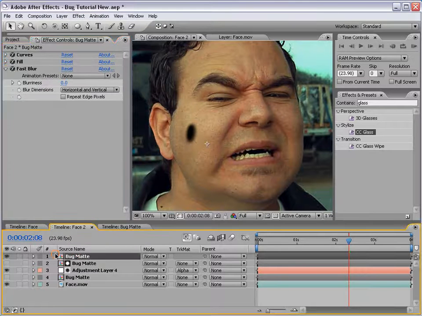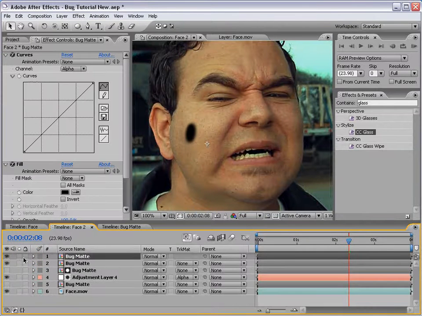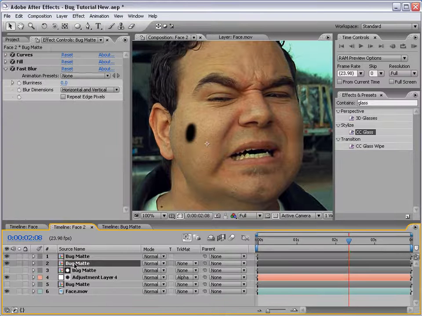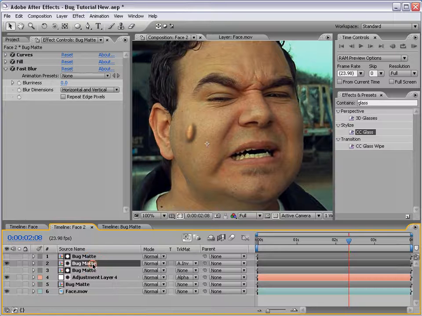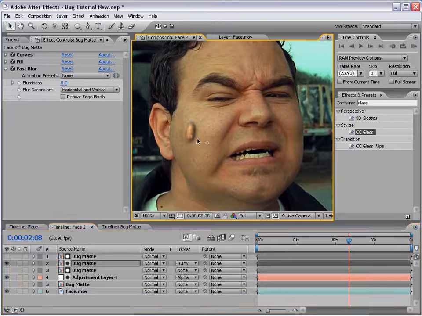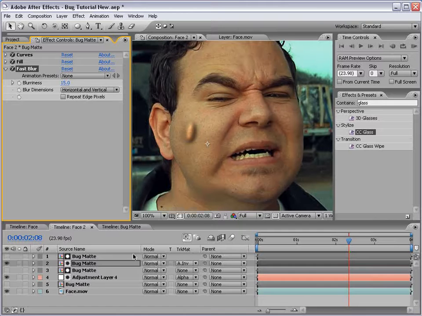And so now I've added this all to just this single layer. And then I'm going to duplicate the layer, and then I'm going to set the bottom layer to Track Matte, Alpha Inverted Matte. So instead of using the alpha of the layer above it, use the inverse of it. So then if I take this layer here and move it over to the right, you can basically see that it gets hidden by that area. But what we want to do is just bring it down and then blur it out a little bit, and maybe move it over,